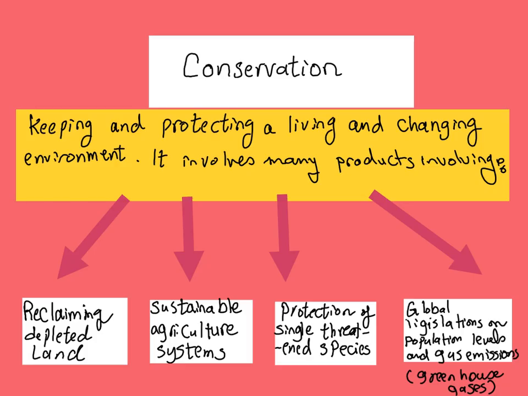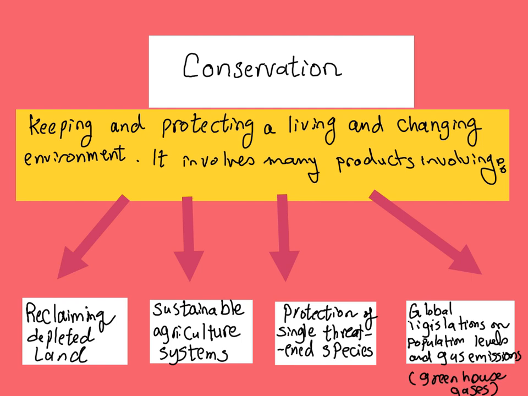So, as biodiversity is being reduced through human activities such as overfishing, habitat reduction, and as a result of climate change, many people around the world are now working hard to reduce these trends and to conserve the biodiversity we still have. This can be tackled in many different ways that we summarize in one term. We call it conservation. What is conservation? Conservation aims at keeping and protecting a living and changing environment. It involves many projects involving